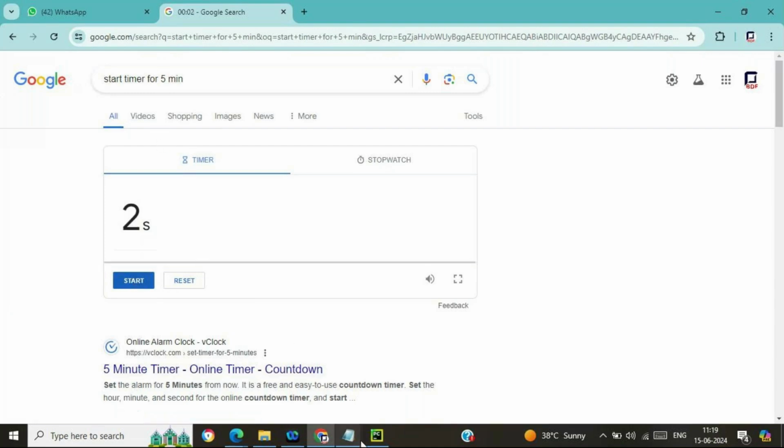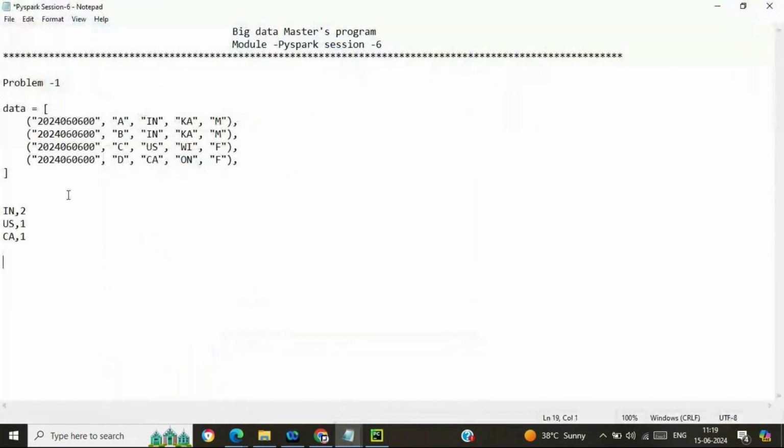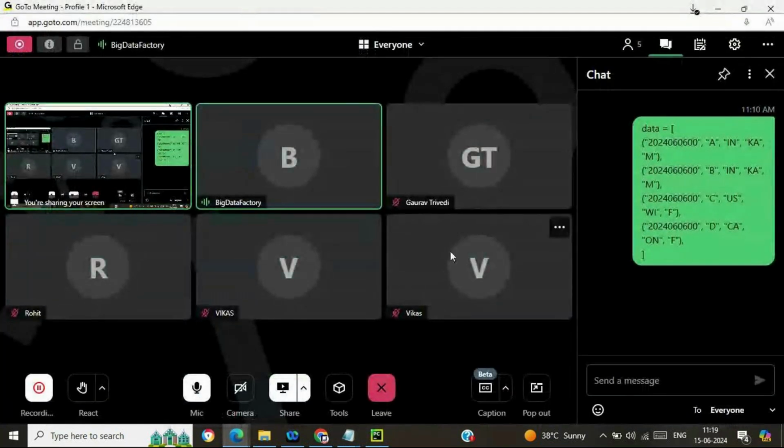Okay, yes. Now, what will be the approach in order to solve this problem? Speak one by one, and you can speak in the alphabetical order of your name. So I think first it will be Gaurav, then Rohit, then Vikas.